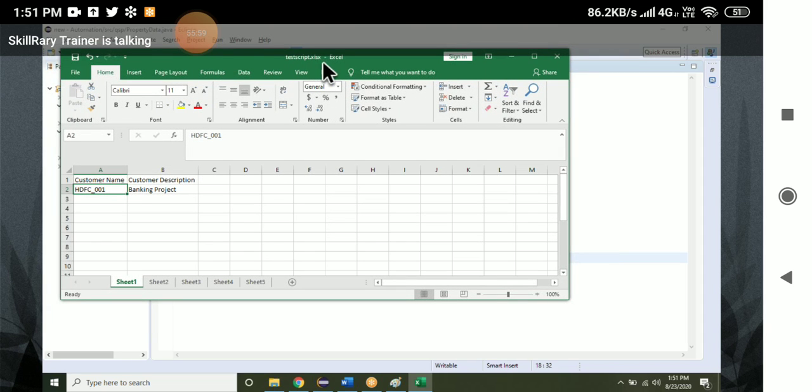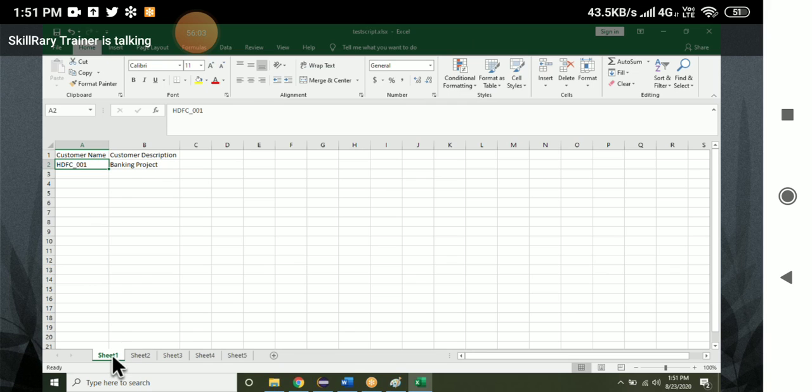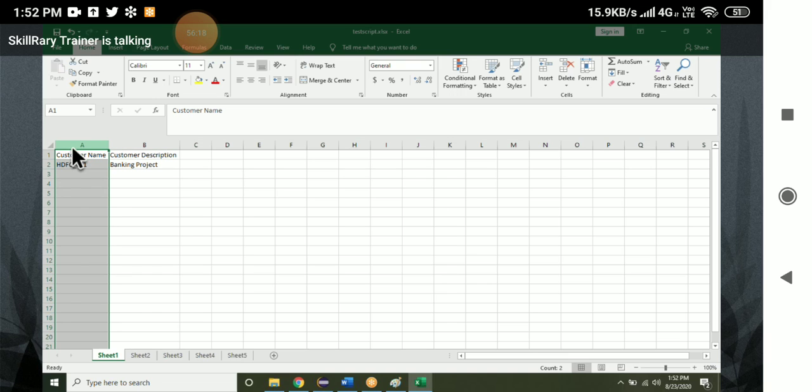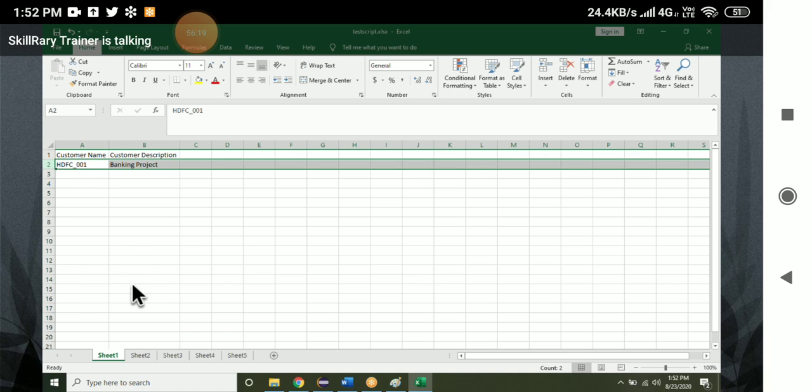What is the file name? Test.txt. Go inside the file first, then go inside the sheet. Then here the data will be shown in the format of rows and cells. One cell has one row number and cell number. There can be n number of rows and n number of cells or columns.